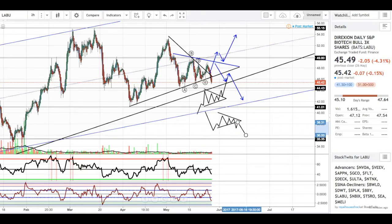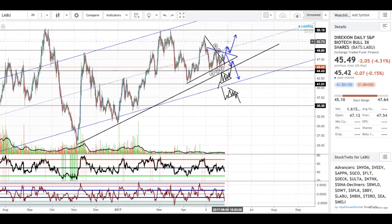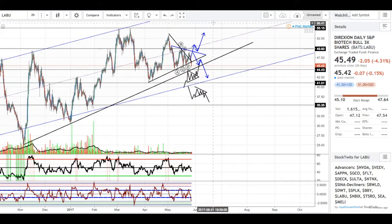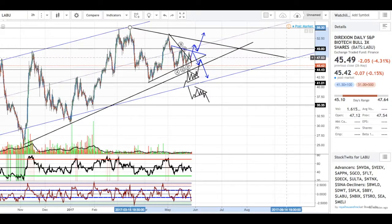That's the bearish version of the symmetrical triangle, whereas previously, always optimistic, I thought it was going to break out higher. However, I think that it does make sense for us to go to the other side of the channel that we have drawn here instead of moving higher in the middle of the chart. Let's see if we can mark some kind of a longer term move